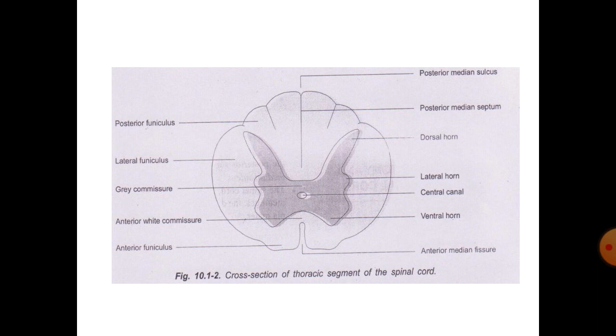The anterior grey column is mainly the motor part. The posterior grey column is mainly the sensory part. The posterior or dorsal horn cells in the grey matter of the spinal cord are mainly the chief sensory cells, and in the lateral horn, the cells communicate with the other cells and may give signals to the viscera as well as to the sympathetic or parasympathetic channel. So this is the cross section of the spinal cord.